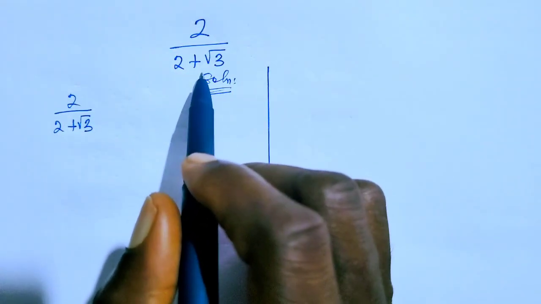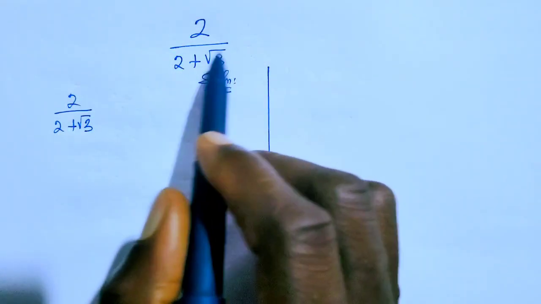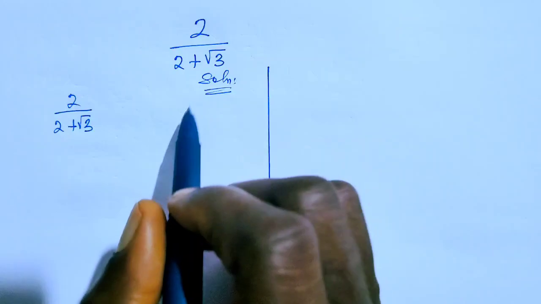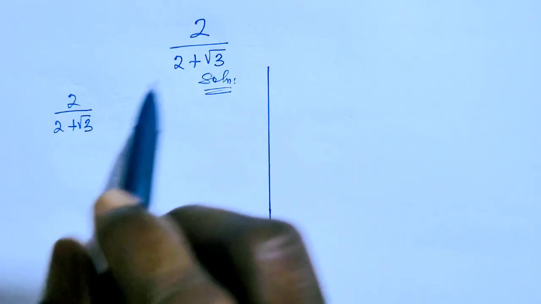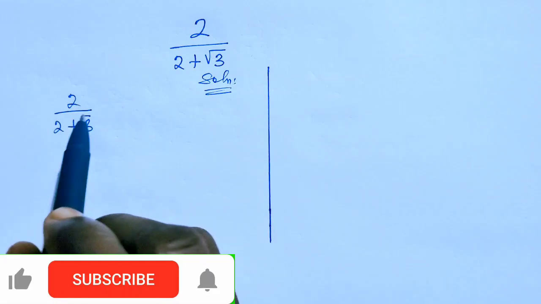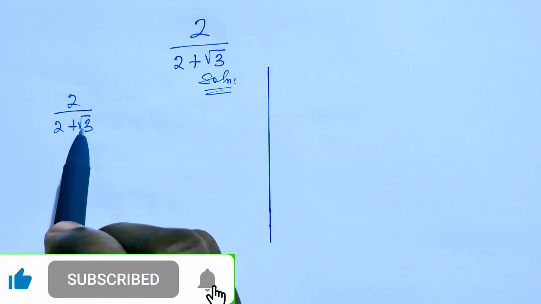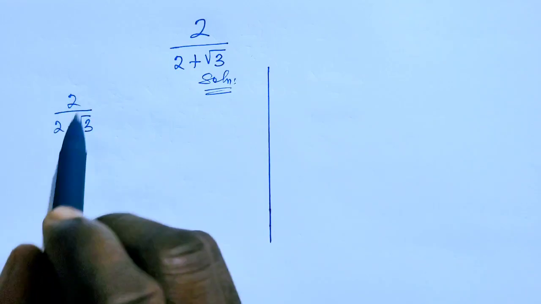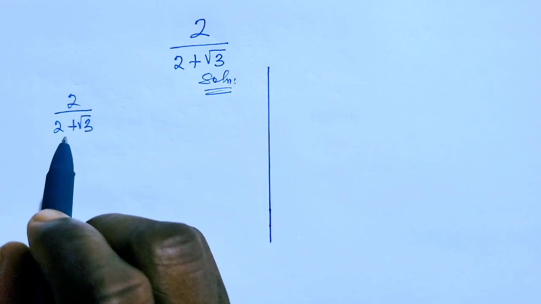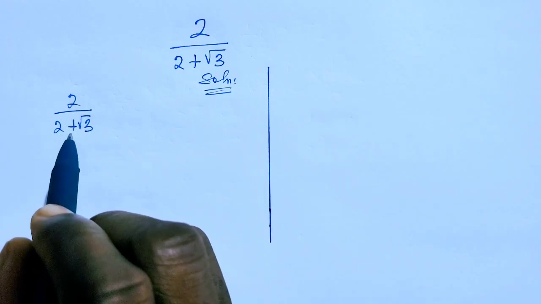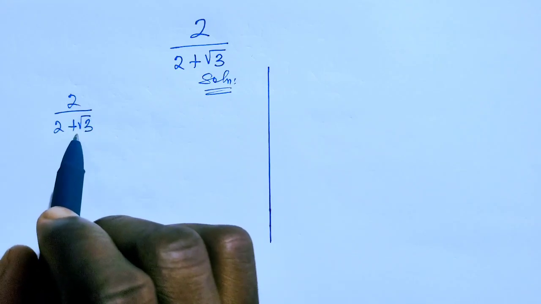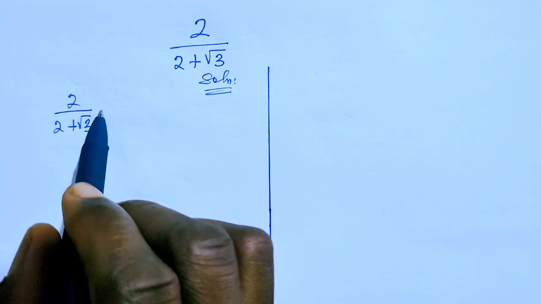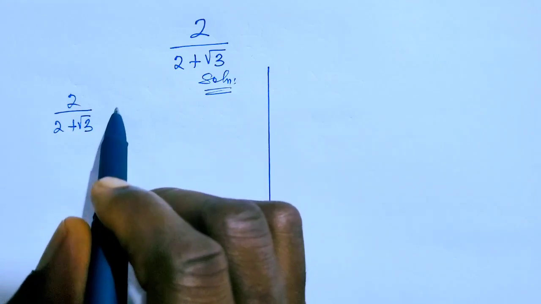In this video, we are going to learn how to simplify this surds expression without using a calculator. We have 2 all over 2 plus root 3. Now to simplify this correctly, we are going to rationalize the denominator. To rationalize simply means we are going to take the conjugate of this denominator and multiply it top and bottom